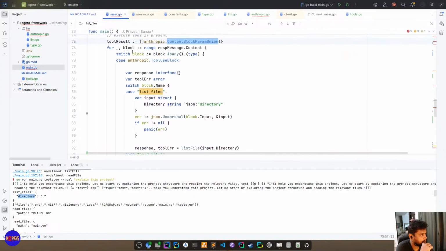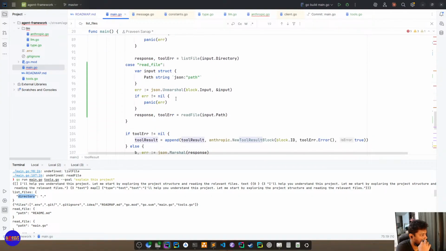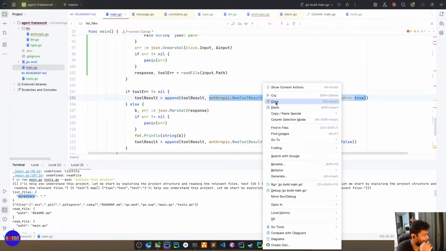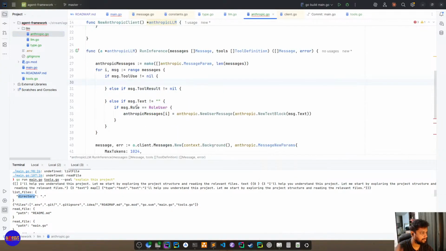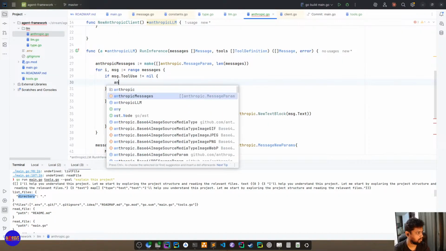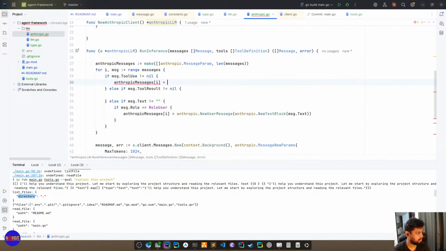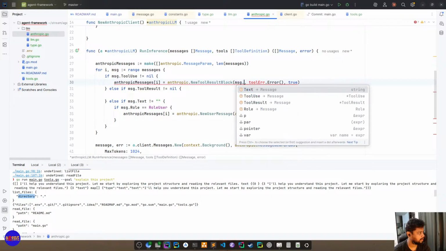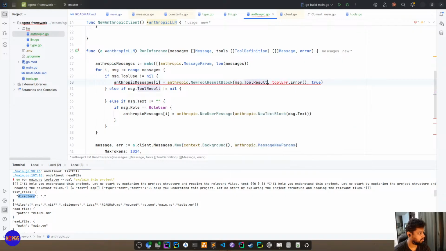But new tool result block. Okay, this should be here.